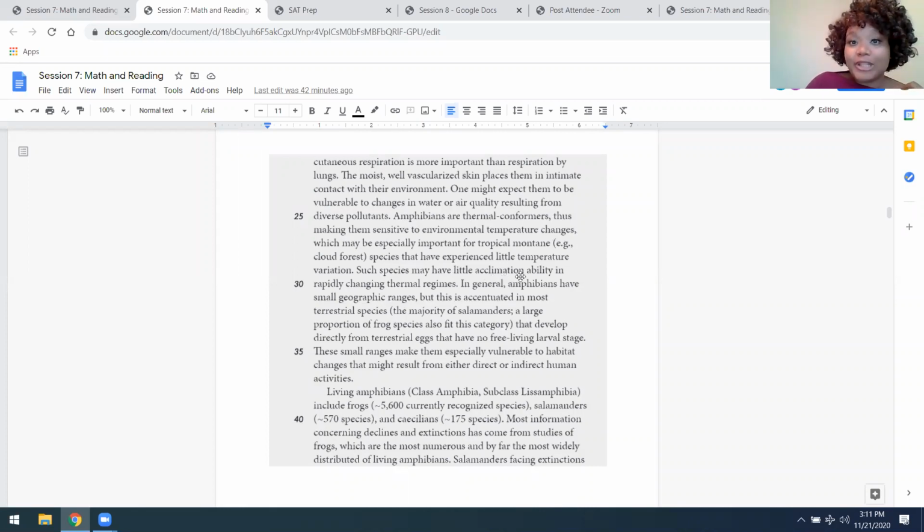So you might not realize what acclimation means. You could take it out even. Sometimes you can use the words around the word to figure out what's being said. You don't have to know every single word, so don't get caught up in the details. Now, if you don't understand a lot of the passage, of course, that's a problem because you're supposed to understand it. That's part of the comprehension. But